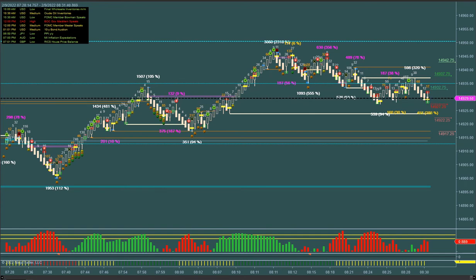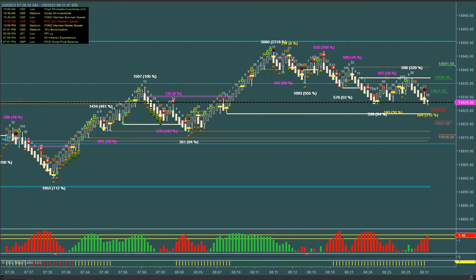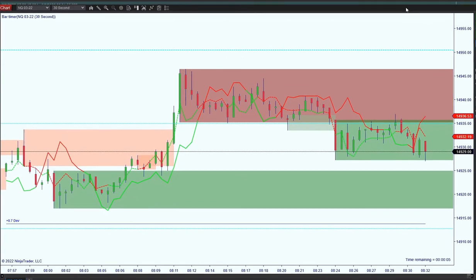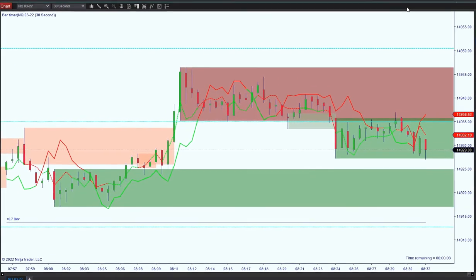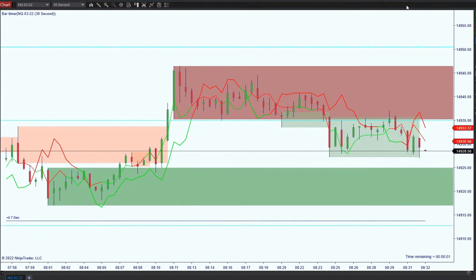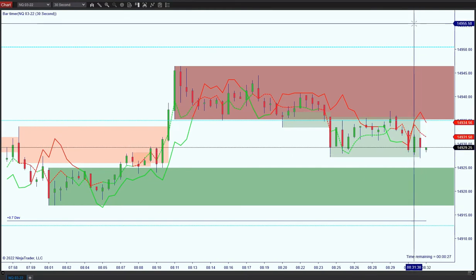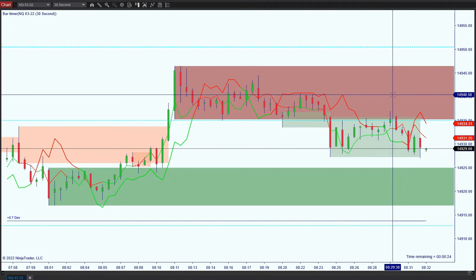Might be getting a break short now. Looks like simplicity, and I'll show you. Let me pull up this simplicity chart here. Let's see. Okay, put it in the viewing window here. So this is simplicity,